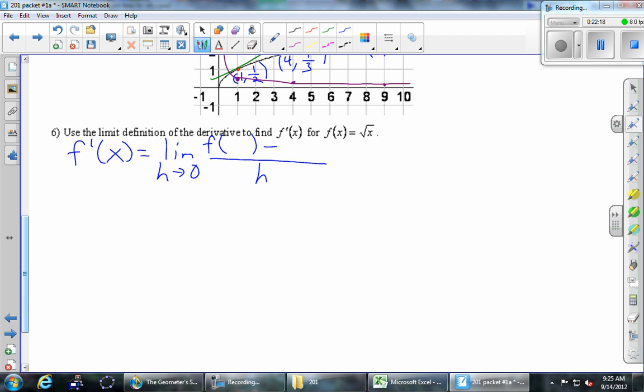Last class, it was f of a plus h. This class, it's now x plus h. Last class, it was f of a. This class, f of x. So that's our derivative definition. And if you write that thing down enough times, it will become more and more familiar to you. So I'd encourage you to just try to keep writing that without looking at some other reference.